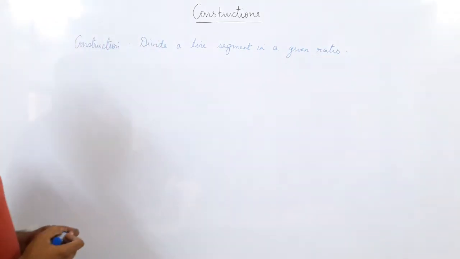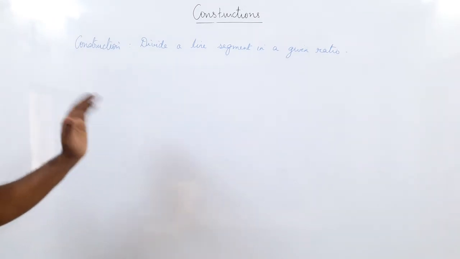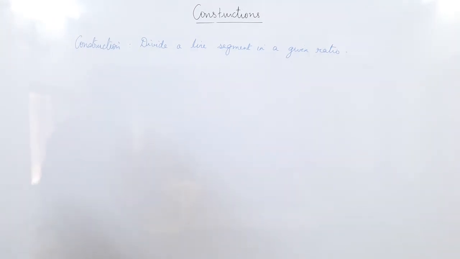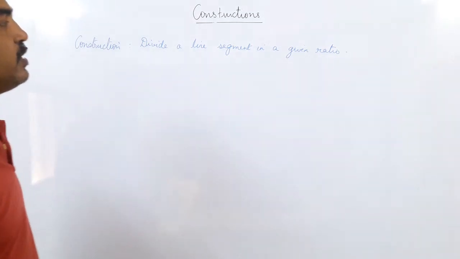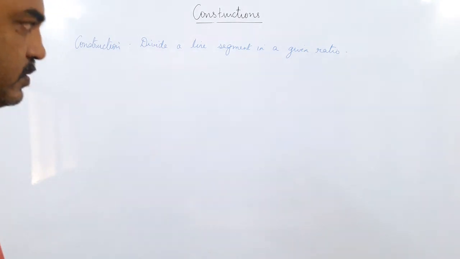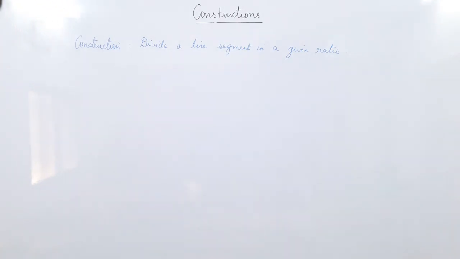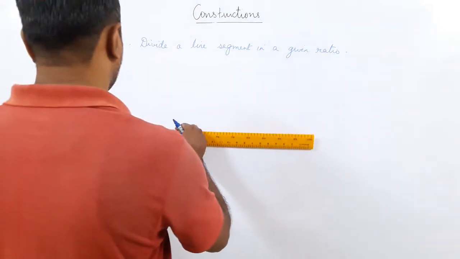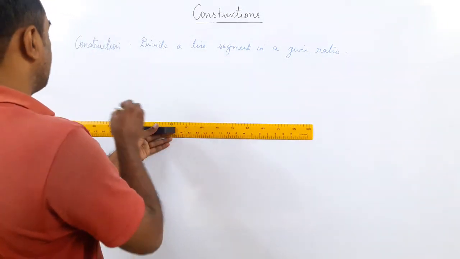So learn the steps, and we have to show mathematically how our construction is correct. So you have to write down the steps of construction also. The steps of construction are not written down so far, but now we'll begin to write them down. What is the first construction we are going to do? Divide a line segment in a given ratio. There are 2 methods to do it, and the book has given us 2 methods, so we'll see both. But first we'll understand the construction and then move towards the steps.